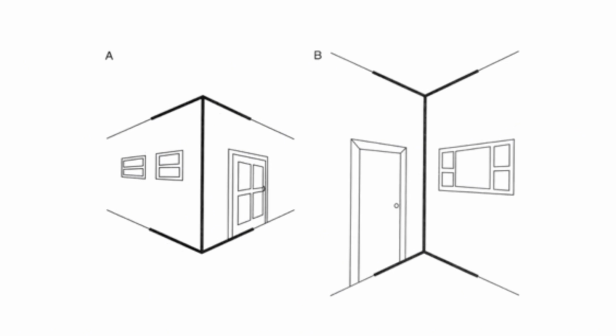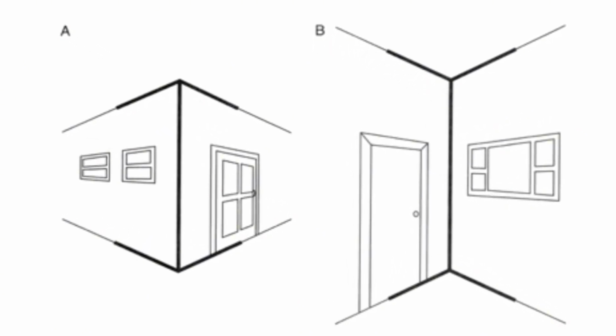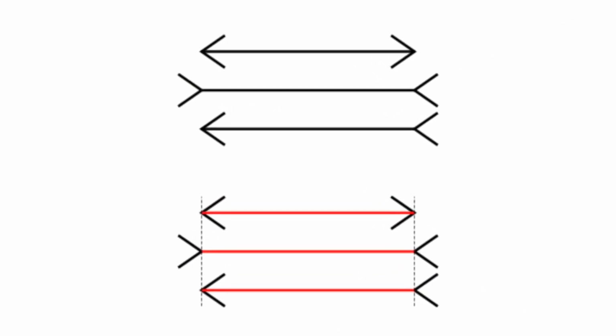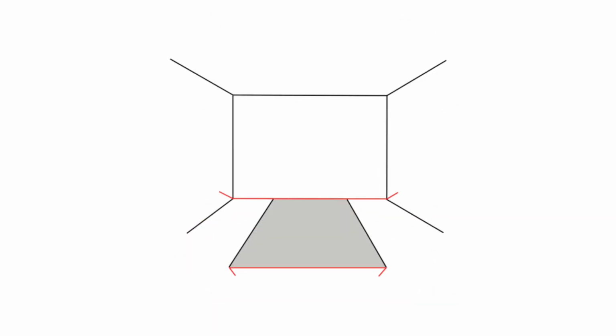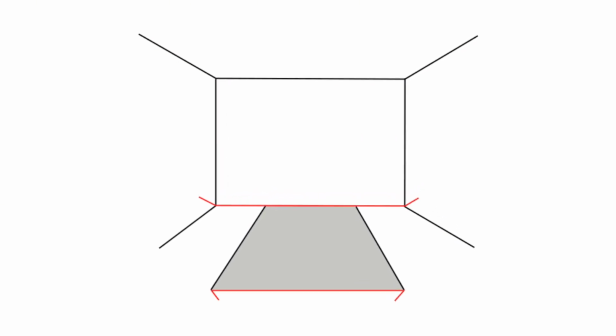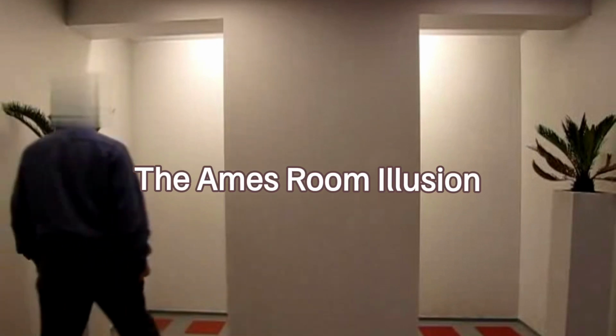It all comes down to how our brain interprets depth. The arrows at both ends create a sense of perspective. The line with the outward-facing arrows looks like it belongs to a distant wall, making our brain think it's longer. On the other hand, the line with inward-facing arrows looks like a corner jutting out toward us, making it appear shorter. This happens because our brain relies on visual cues from perspective to assess depth and size. Even though the two lines are identical in length, our brain processes them as being different sizes due to these depth cues.